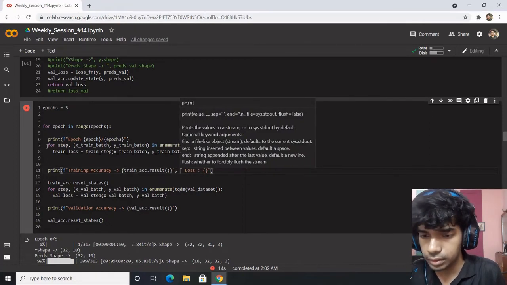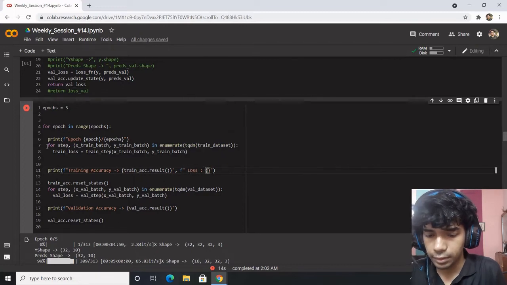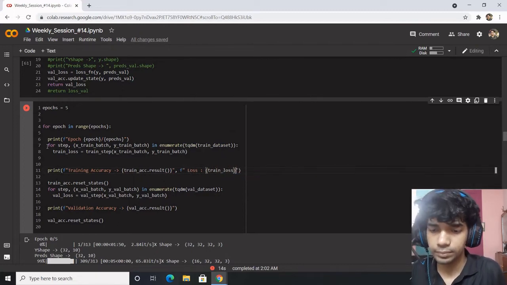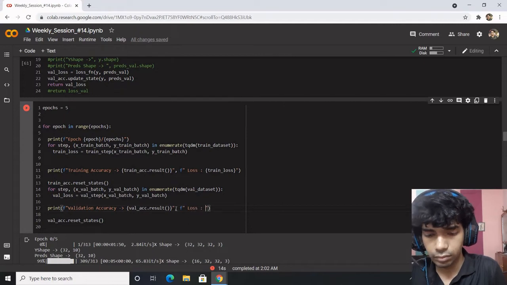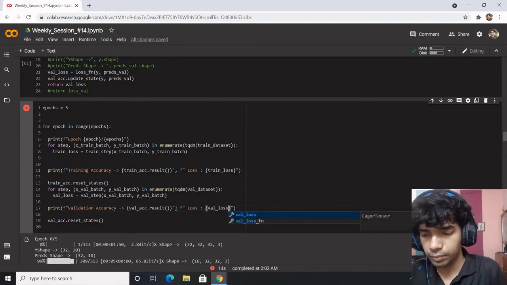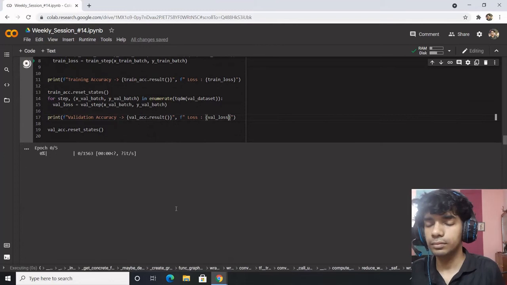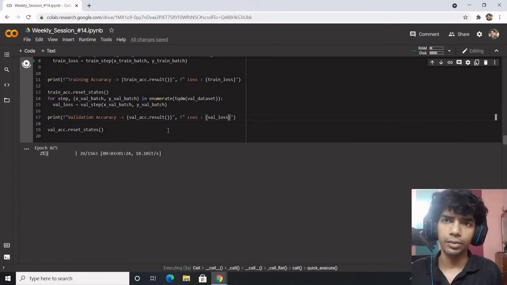And inside this here you print the train loss. Similar thing should happen over here. I can print the loss for the validation.